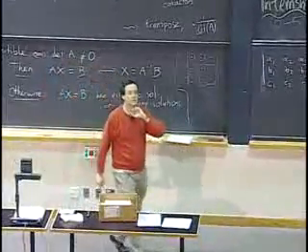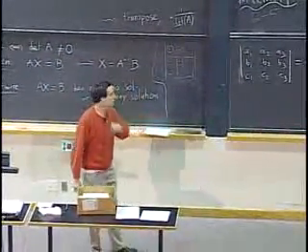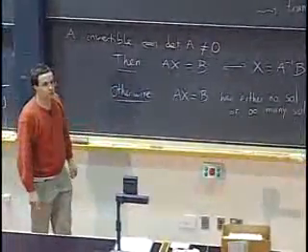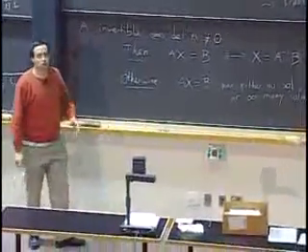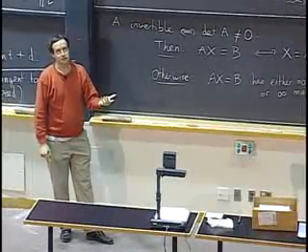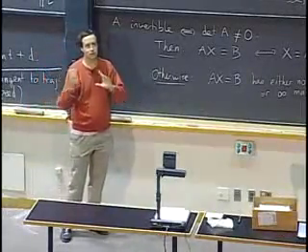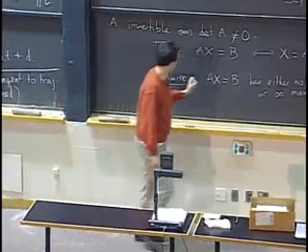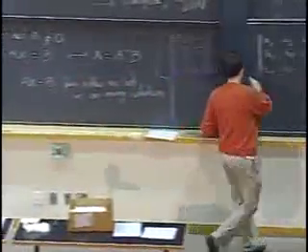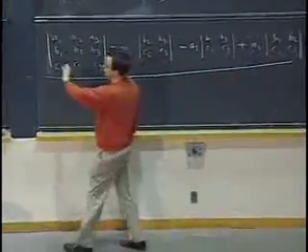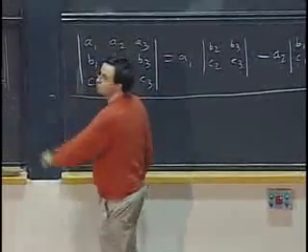Yes? How do you tell the difference between infinitely many solutions or no solutions? That's a very good question. So in full generality, the answer is we haven't quite seen a systematic method. So you just have to try solving and see if you can find a solution or not. So let me actually explain that more carefully. What happens to these two situations when A is invertible or not?